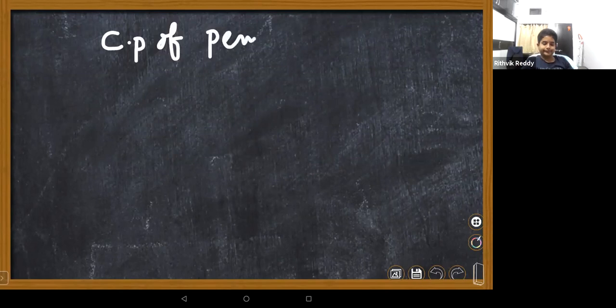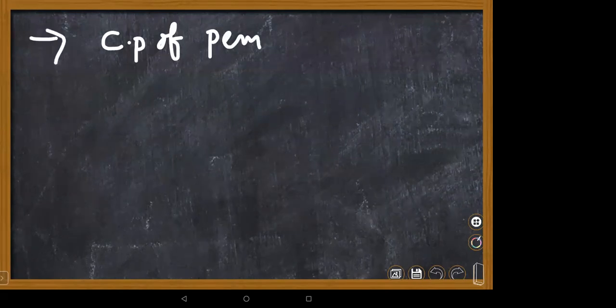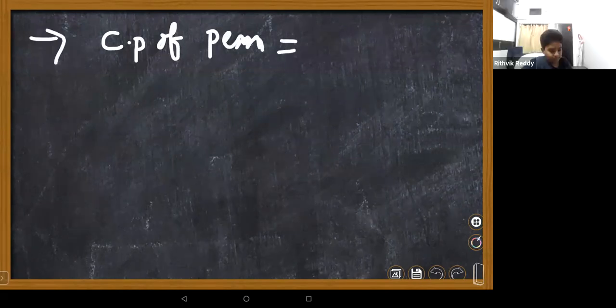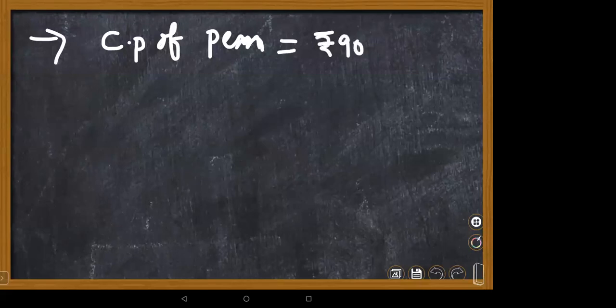Yes. Come on, children. Next, a pen bought for rupees. Just think you are bringing a pen from a shop. A pen bought for rupees. So the cost price of a pen. Can you write it? Are you able to see, children? Yes, ma'am. Cost price of pen is rupees. Selling price of pen.